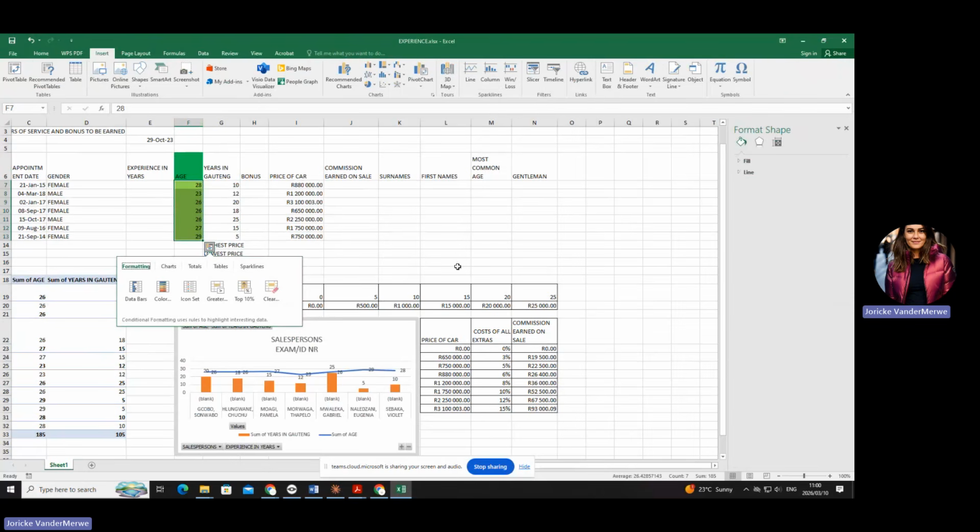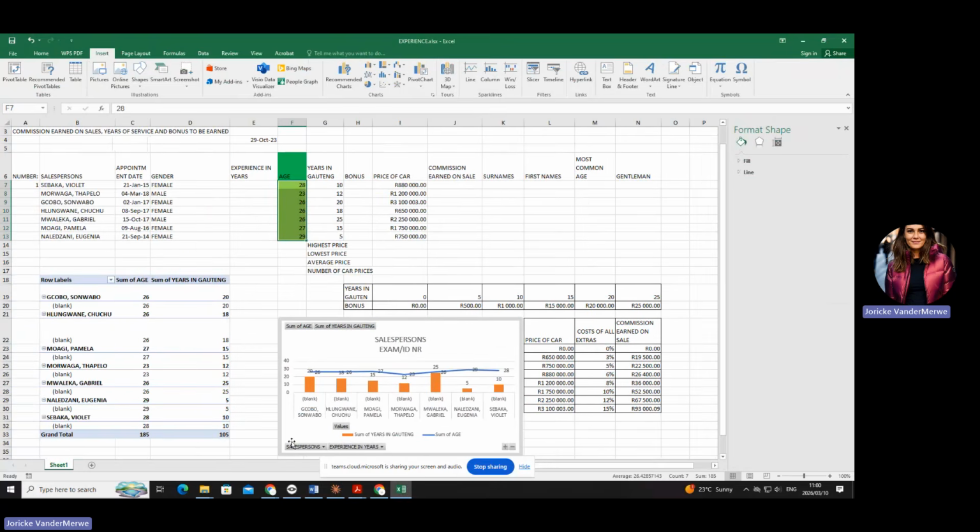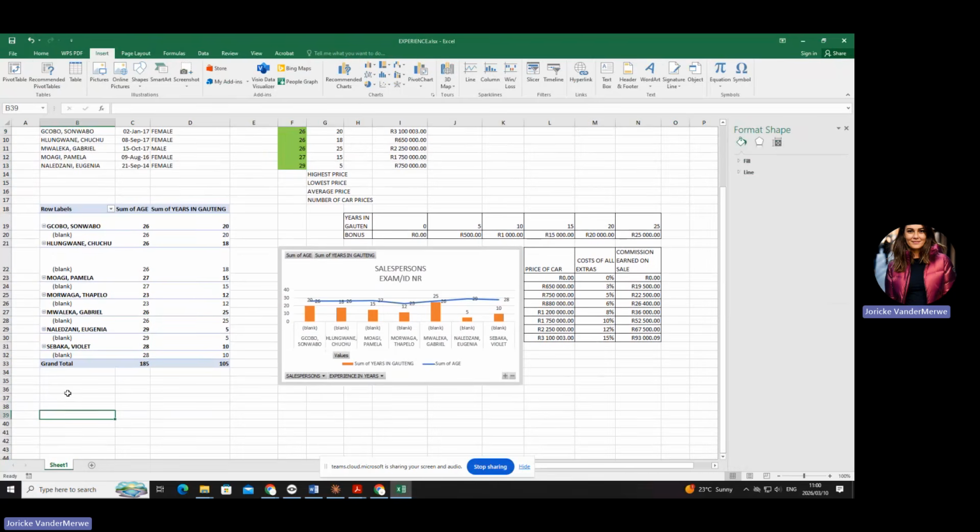Now you will see the line spark line needs to go into B28. But unfortunately, I think there was a mistake on the question paper. So just make the 28 a 38, please. The 38, and then the 30 must become a 40, and the 32 must become a 42. So just add 10 to where the cells are. Okay, are you with me on the question paper? It's just the place where it needs to be displayed. So let's go to B38, which reads now on your question paper B28. Okay, are you with me?